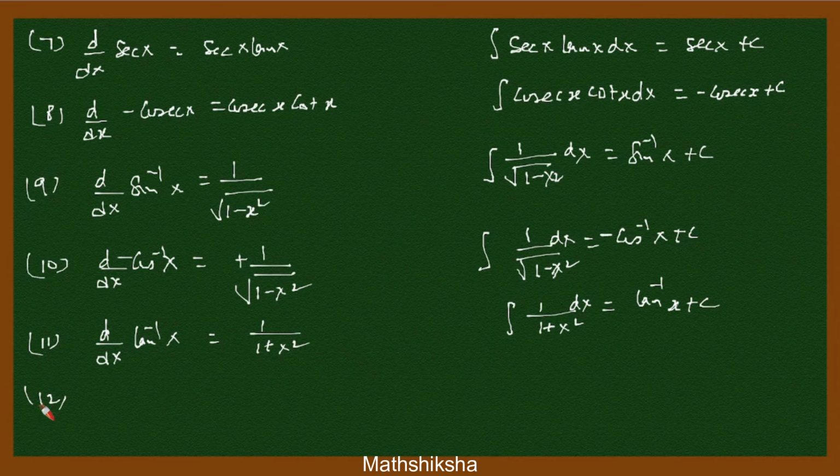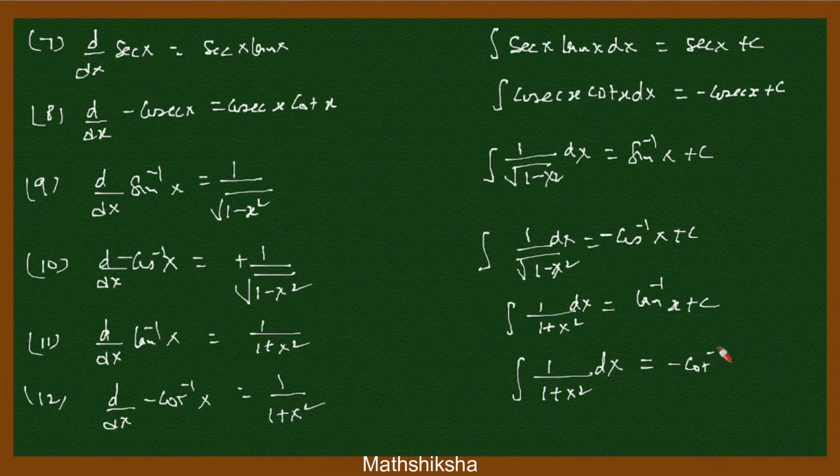Then d by dx of माइनस कॉट इनवर्स एक्स भी यही होगा, कॉट इनवर्स का माइनस 1 अपॉन 1 प्लस एक्स स्क्वायर, तो integral of 1 upon 1 plus x square with respect to x is minus cot inverse x plus c. अब इसको पाई बाई 2 माइनस कॉट इनवर्स लिखेंगे तो माइनस कॉट इनवर्स मैच हो जाएगा, पाई बाई 2 एक्स्ट्रा आ जाएगा।